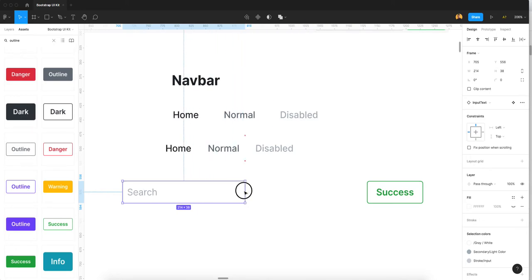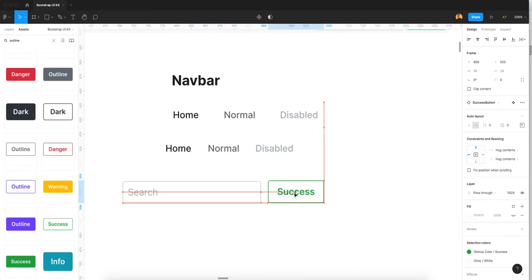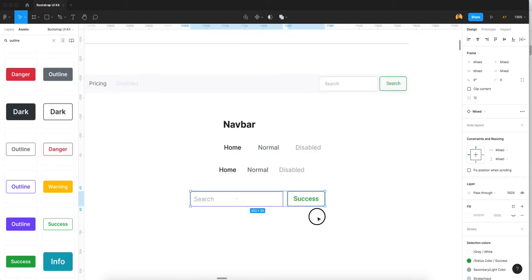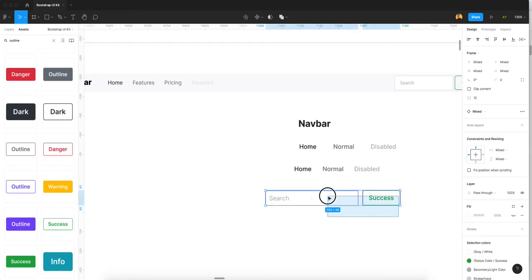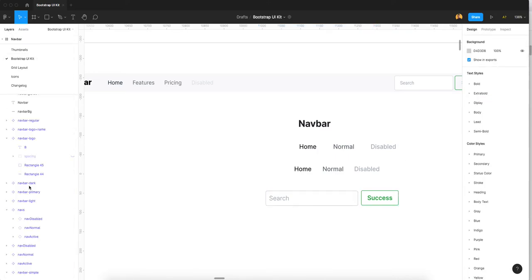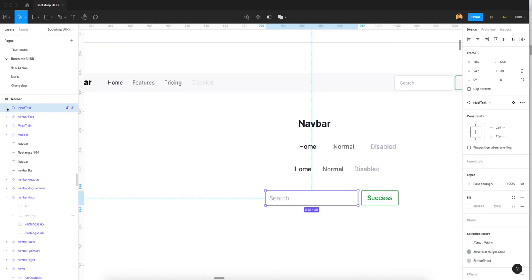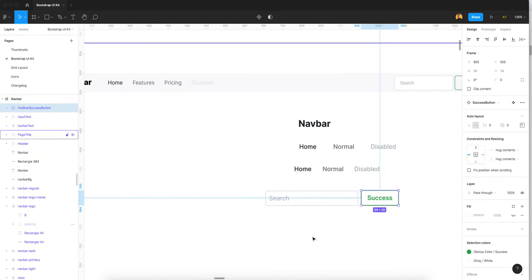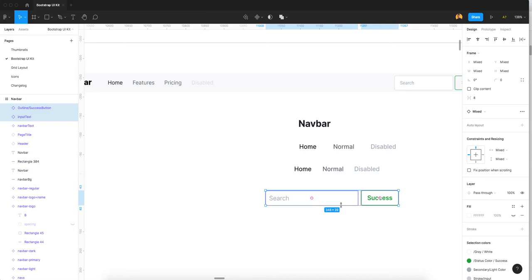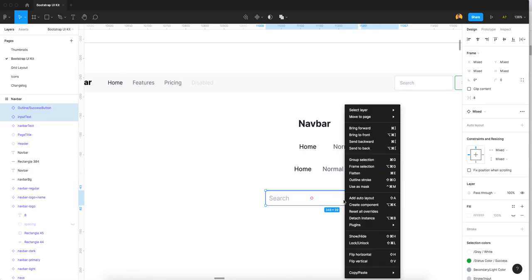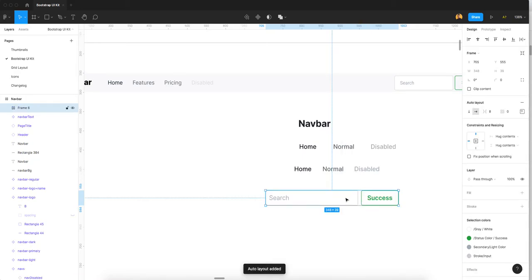So now I need to set this width to 240, near 242. Now I select this. These both are two individual components. Now I go to this component and space I need between is 4 pixels, or maybe I can use 8 pixels. Now you will see in the layers, this is an instance of input text and this is an instance of outline button.